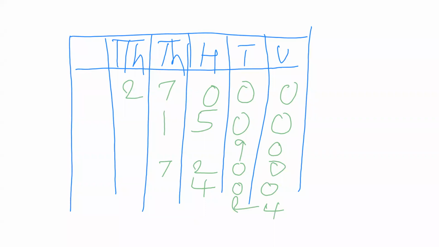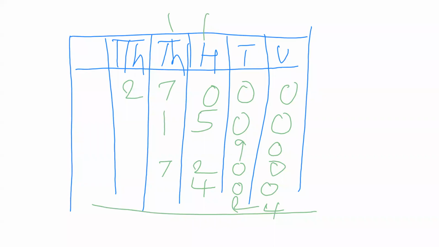So you will get the answer as, look at the unit place. It's 4. Then in 10th place, 0 plus it will be 0 plus 9 is 9. And 9 plus 2 is 11. So we will write 1 and 1 on the top. In the 100th place, 1 you will carry to the 100th place. Now look at the 100th place. 1 plus 0 is 1. 1 plus 5 is 6. 6 plus 2 is 8. 8 plus 4 is 12. So 2 and 1 you will carry up at the 1000th place.